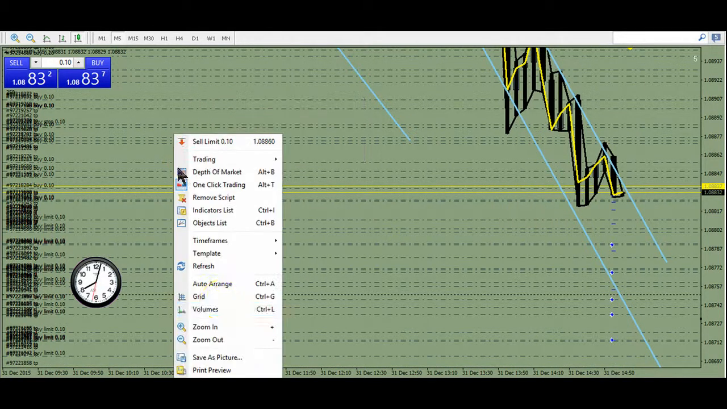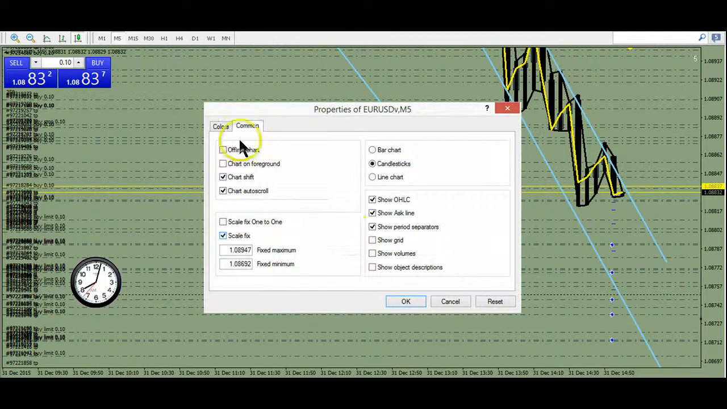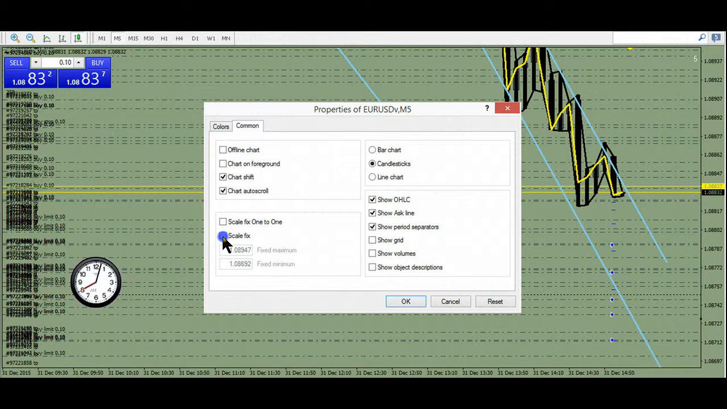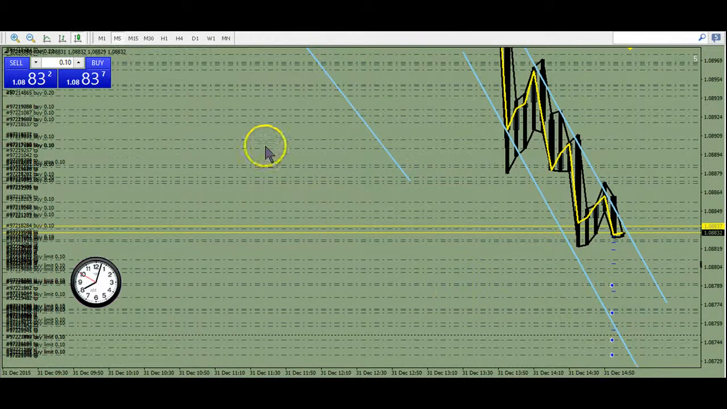If you hit F8 on your keyboard, go to Properties in MetaTrader, and set the common, fix the scale here. So zoom in. After you fix the scale, you can zoom in, and this way you can see the spread and you can see the 5 minute. And if you go to the